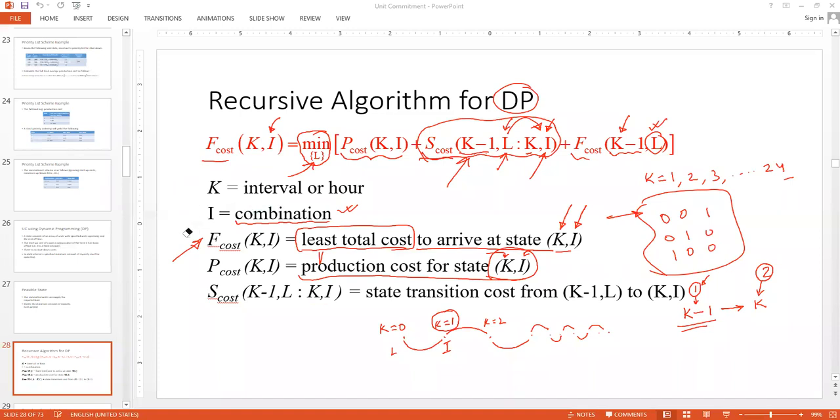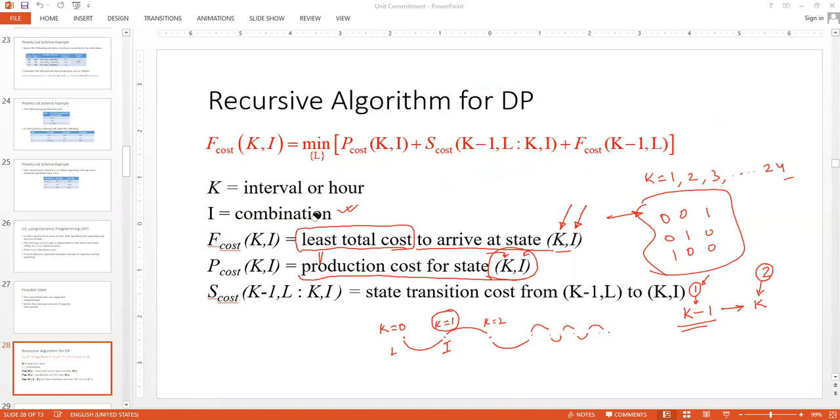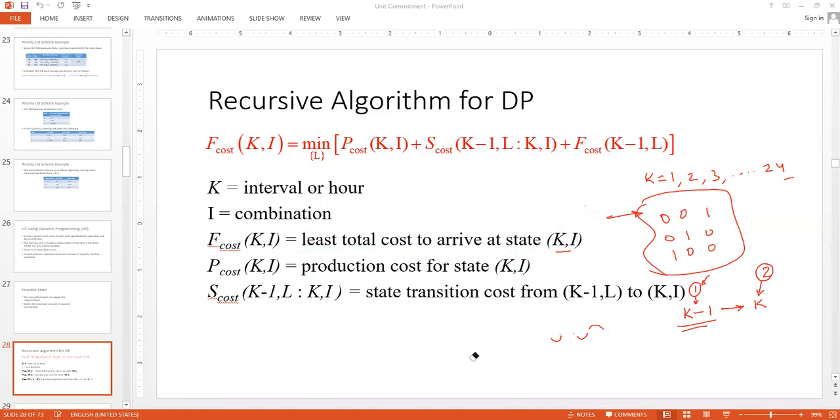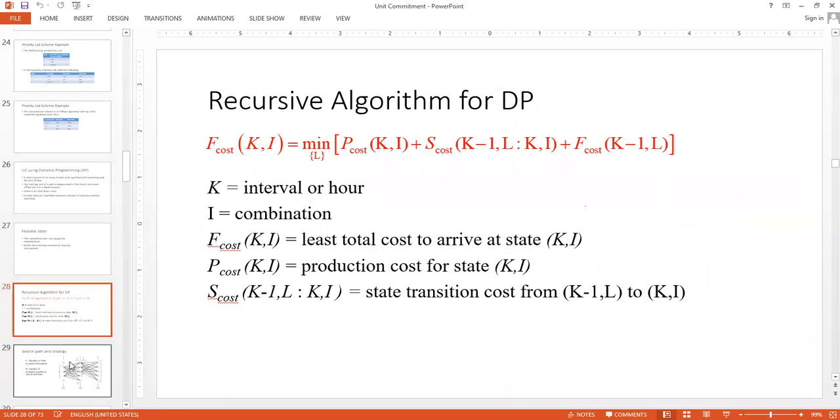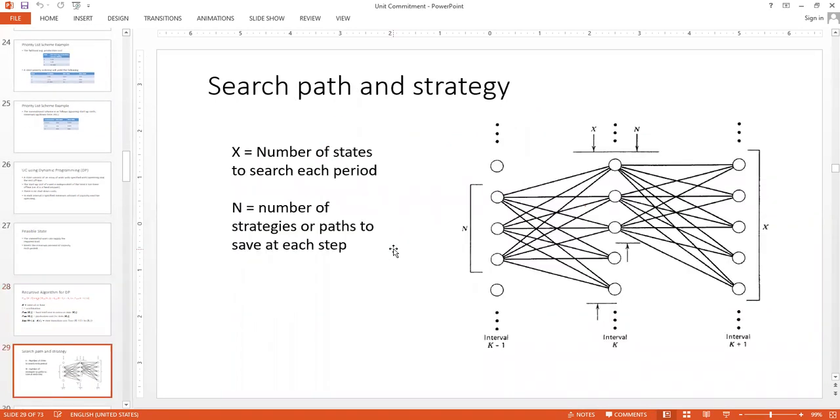Okay, so now with all these little terminologies being introduced, we are slowly going for solving one problem of unit commitment using this recursive algorithm. Okay, so let's see. Before we start the problem solution, there are a few more things to be discussed, like the symbol X